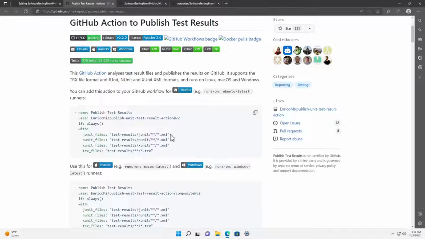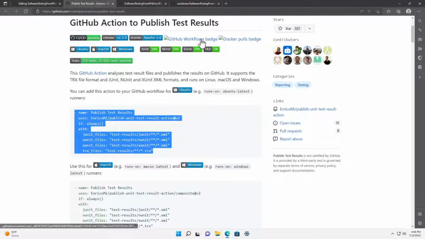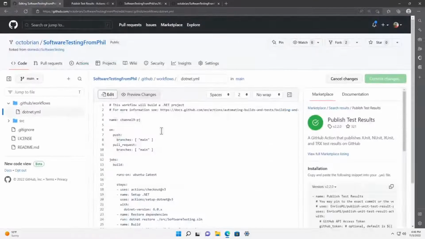So this is an option, and it's awesome. And so you'll see here, if we look at this block of YAML, if I just copy that and then go back over into my action and go into edit mode. Hello, come on, baby.